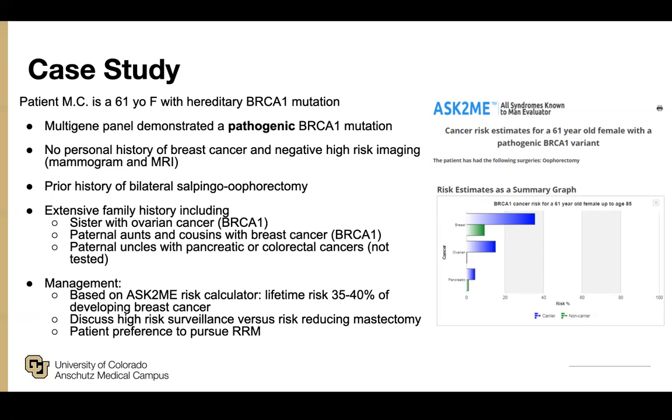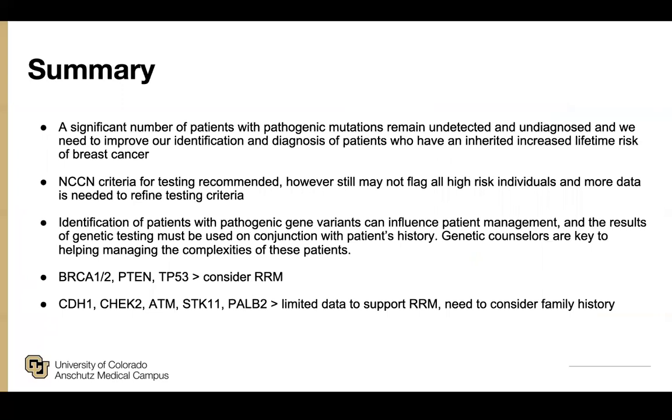Based on NCCN guidelines, we ran the patient's risk through the Ask2Me risk calculator and discovered that she had a lifetime risk of developing breast cancer of 35 to 40%. We discussed high-risk surveillance versus risk-reducing mastectomy, and the patient preferred to pursue surgery. In summary, a significant number of patients with pathogenic mutations remain undetected and undiagnosed, and we need to improve